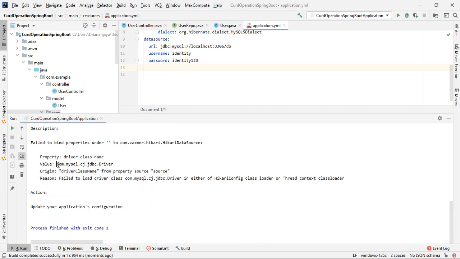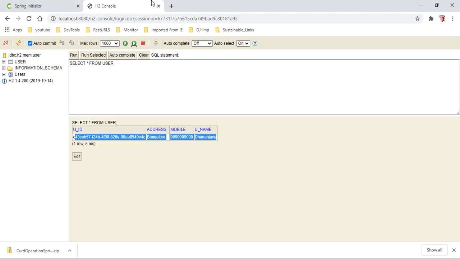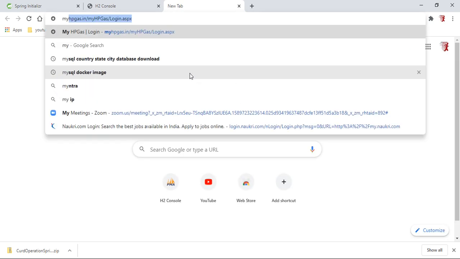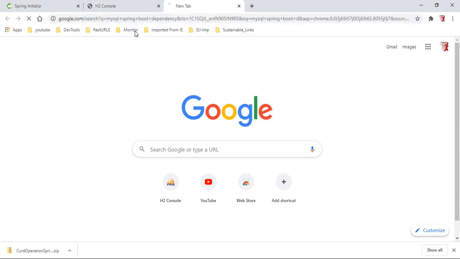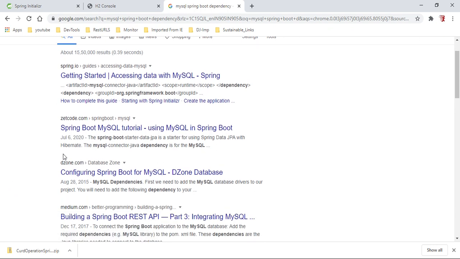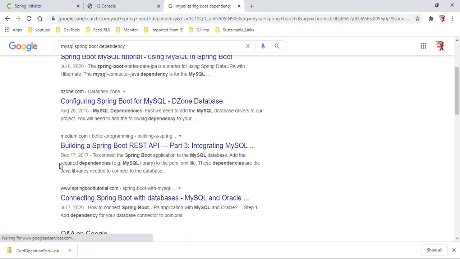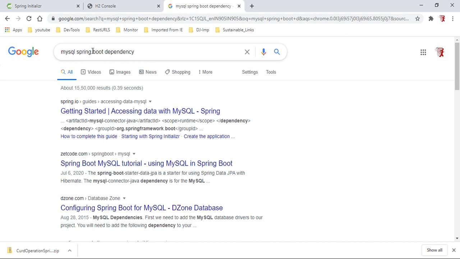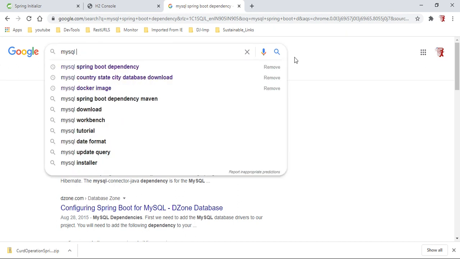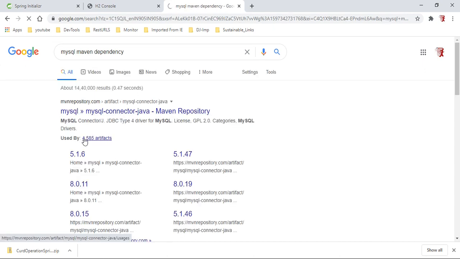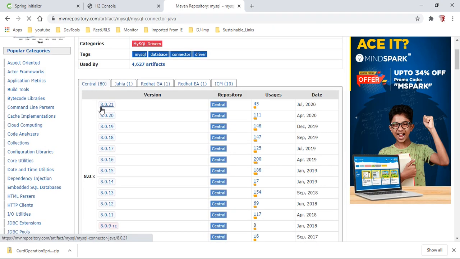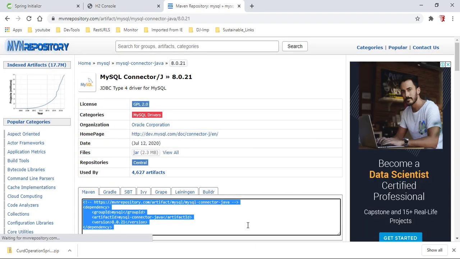Why did it fail? Because the MySQL driver is not there. I need to add the MySQL driver. Let me search for the MySQL Maven dependency. Okay, let's copy this one.